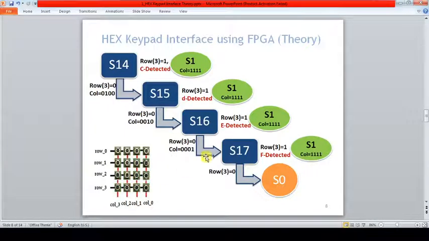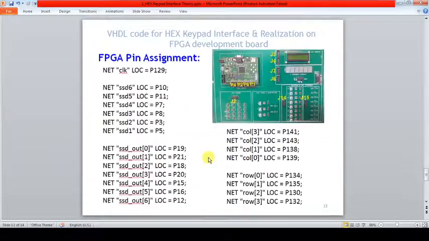For implementation, coming back here we have to do the pin assignment. To implement this hex keypad, on our board this is the hex keypad. We are going to connect this hex keypad to the P4 port, and we are going to use the 7 segments. Out of that, one 7 segment will be active, all others we have already deactivated. So we are going to use the J6 and J7 headers as well as the P2 and P6 headers. Now this is the pin assignment for the hex keypad interface.